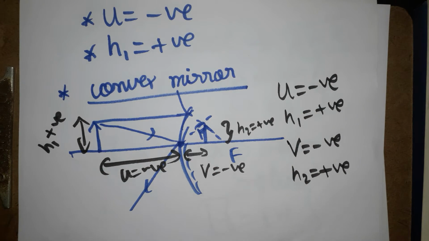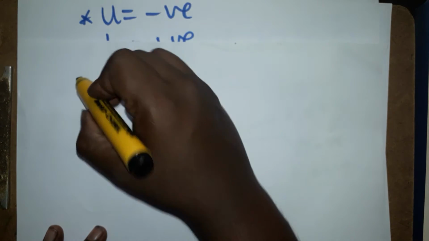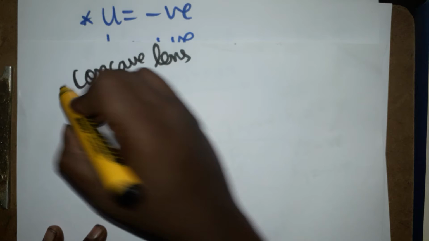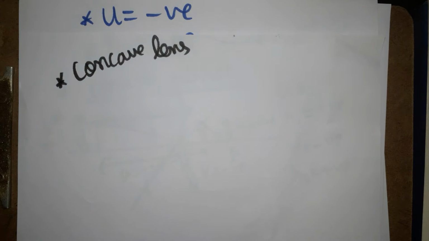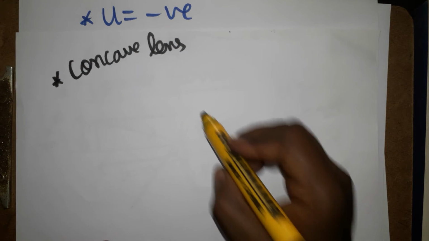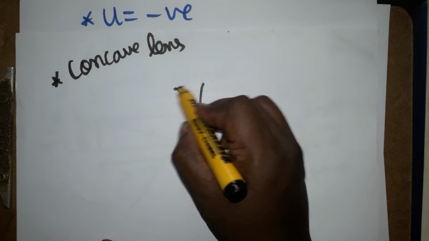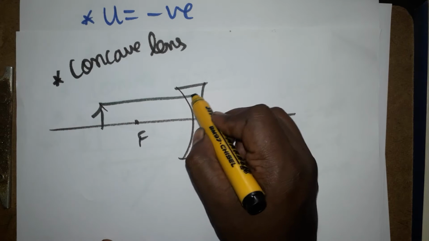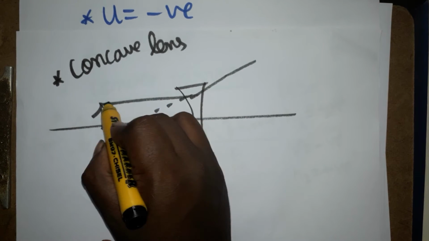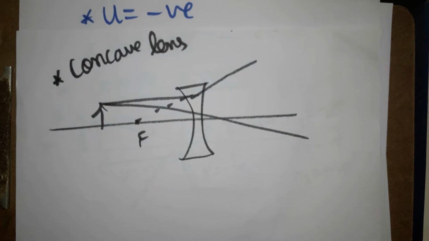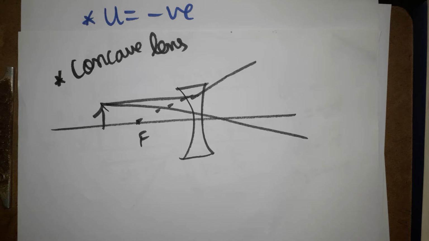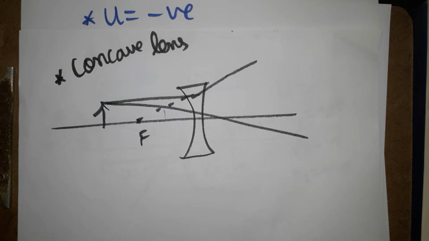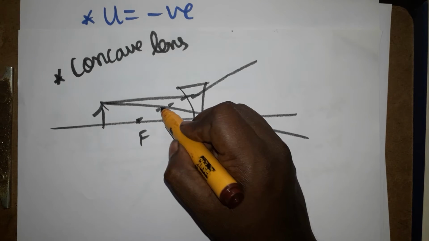Same kind we have for the concave lens also. Two cases we have for the concave lens. One case, the infinite case, you can ignore. This is a concave lens. The object I placed here, f will be here, the parallel ray will be reflecting away from the principal focus, the center ray undeviatedly goes straight. This diagram and all, if you want you can see in my playlist in ray optics, I have given everything. Now the final image is formed here.